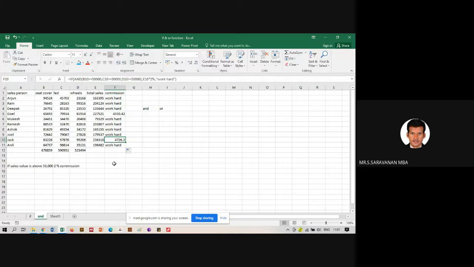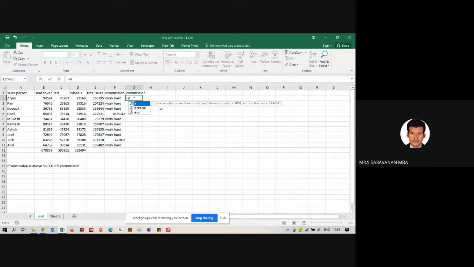Okay, OR function. What is the use of OR function? Okay, same commission. Same here, instead of AND function, we will use OR function. Equal to IF, open the bracket. See, if they are able to meet at least one sales target of 50,000, they will get a commission.